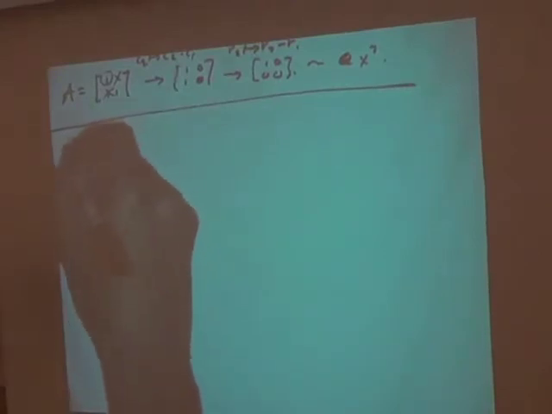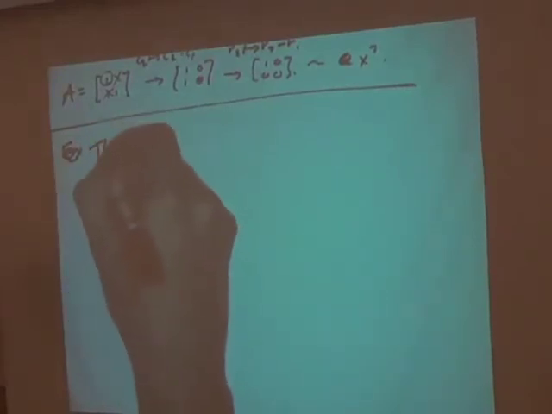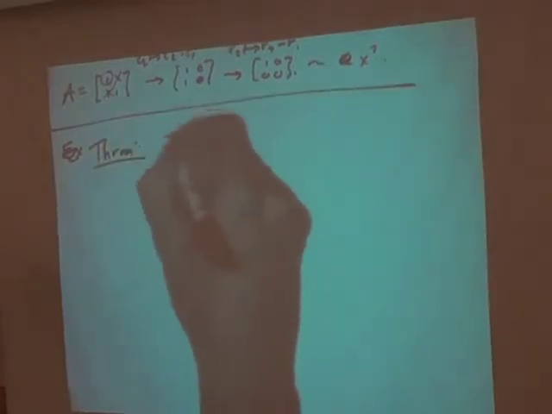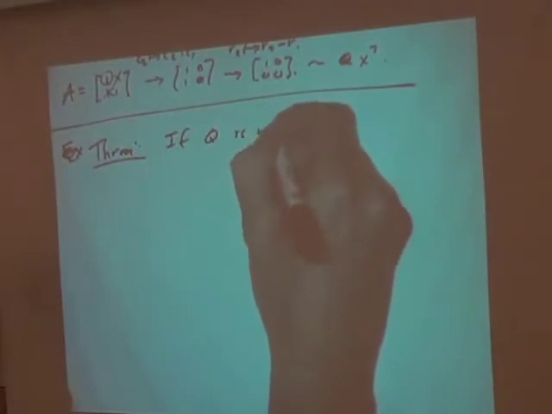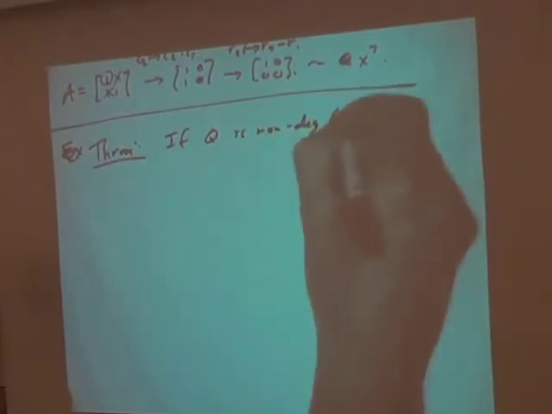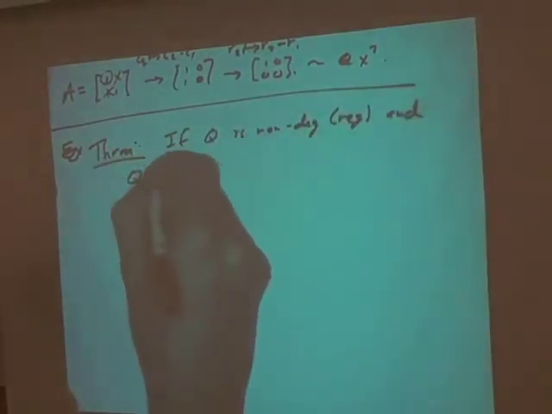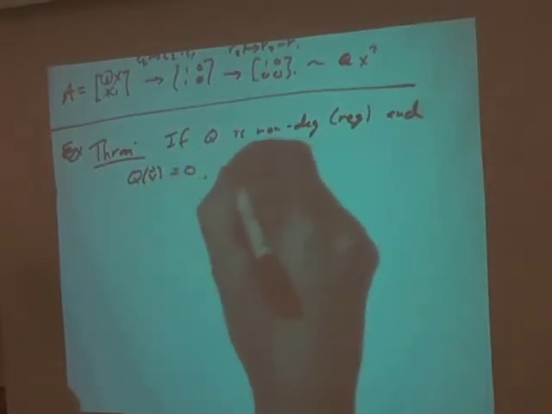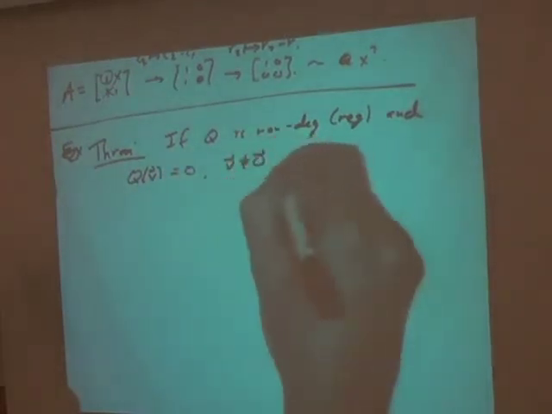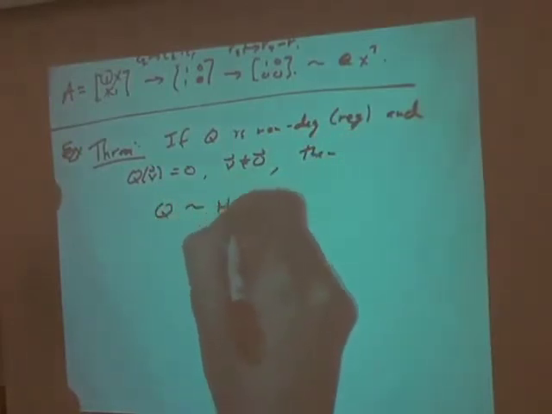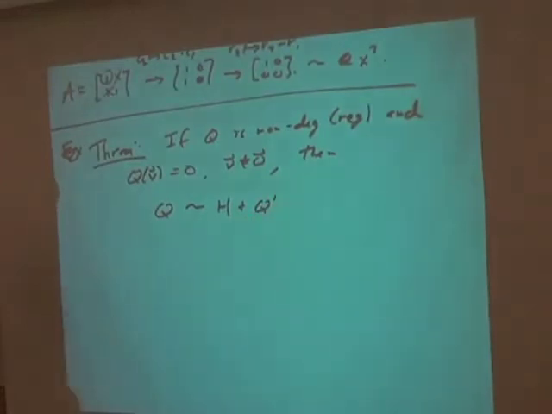So for example, another theorem that one can prove, and Professor Paramala already proved it in sort of vector language, is that if Q is non-degenerate, or Q is regular, then if you happen to have some vector v of length 0, where v is not the 0 vector, then Q is isomorphic to, you can split off some hyperbolic plane, direct sum some Q prime. Okay. So the proof of this